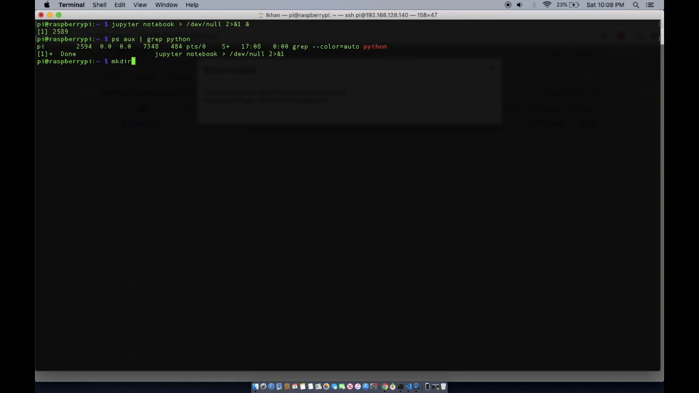Create a directory called logs, and in there create a file called jupyter.log. Great. Now what you have to do is type in nohup jupyter notebook, point this to your logs/jupyter.log, and that should point to 2>&1 and an ampersand. This way, what you're saying is